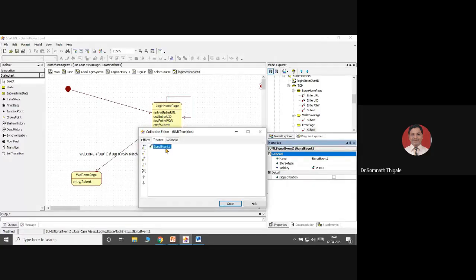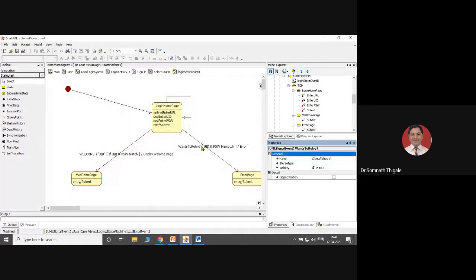The trigger will again be want to retry. This is again moving back to the home page. If your answer is yes, we can go back to the welcome page.